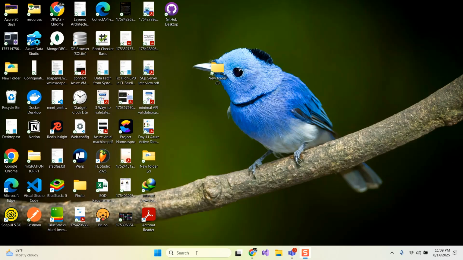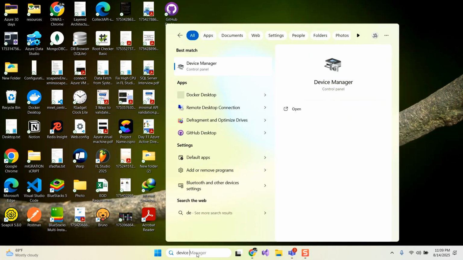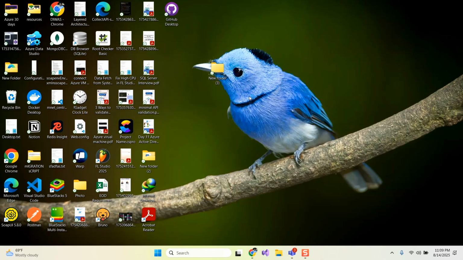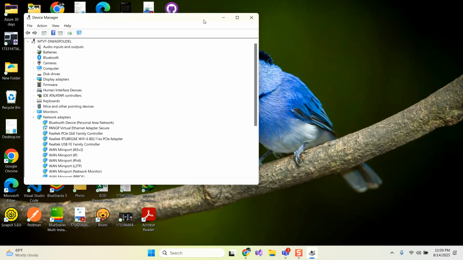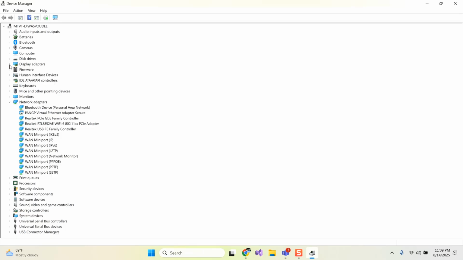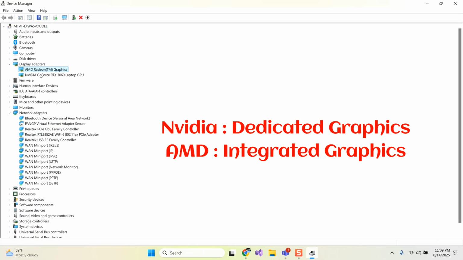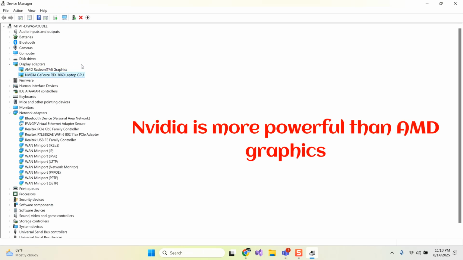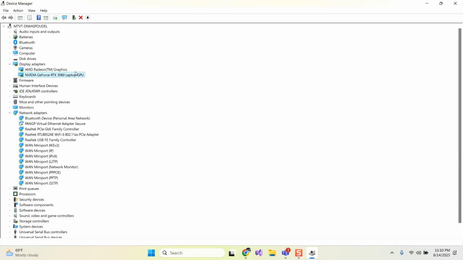First of all, go to Search and type Device Manager and then select it from the list. There, expand Display Adapters. Here you can see I have two graphics adapters. NVIDIA is dedicated graphics and the other, AMD, is integrated graphics. This NVIDIA is more powerful than AMD graphics, so let's make changes so that every application uses NVIDIA graphics for